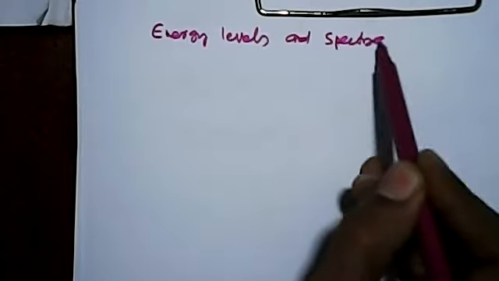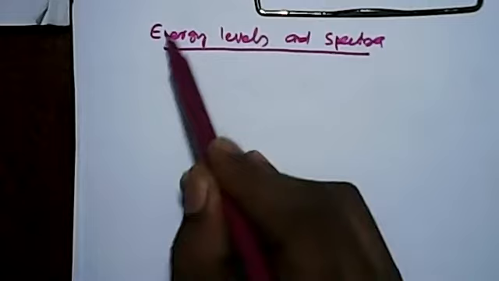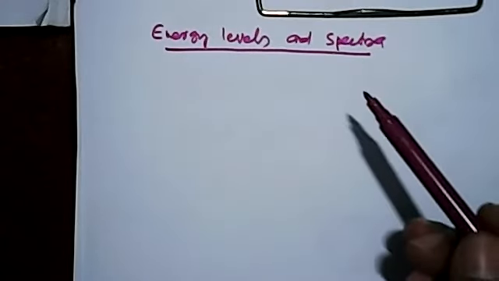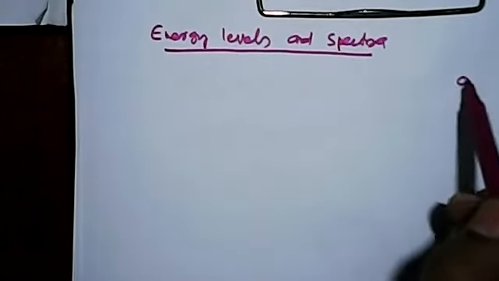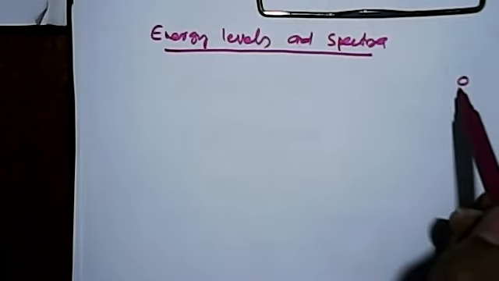levels also. Okay. So for that, consider the electron revolving around the nucleus in the privileged orbits or allowed orbits. Okay. So let us review what is energy levels and spectra. So spectra can be explained in terms of energy values also. Okay. So the energy of, suppose, the electron, this is the nucleus of the hydrogen atom.